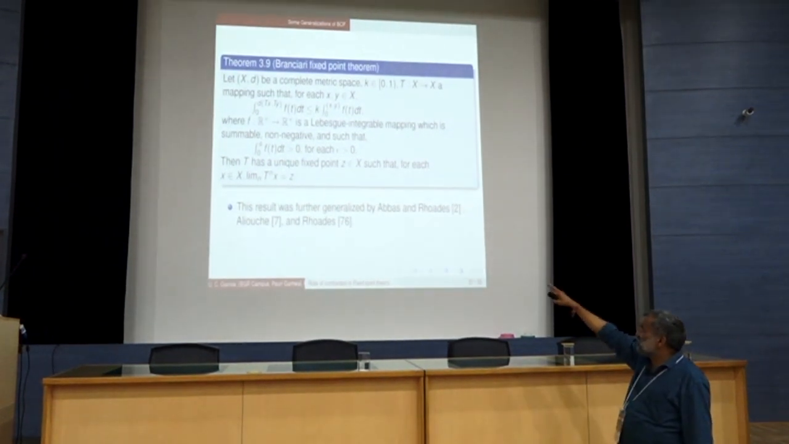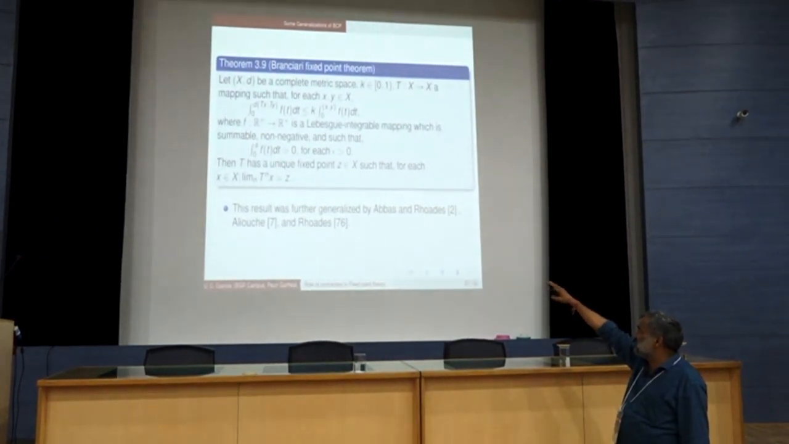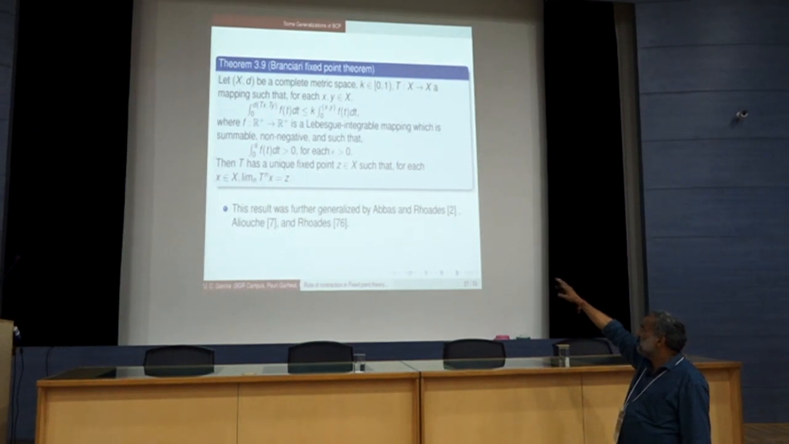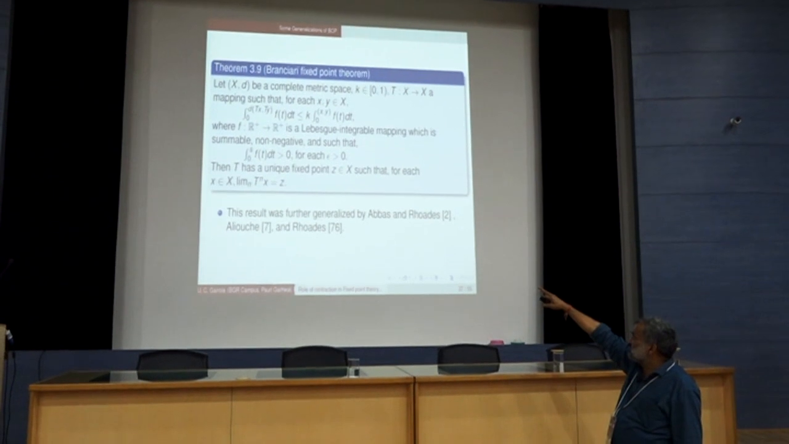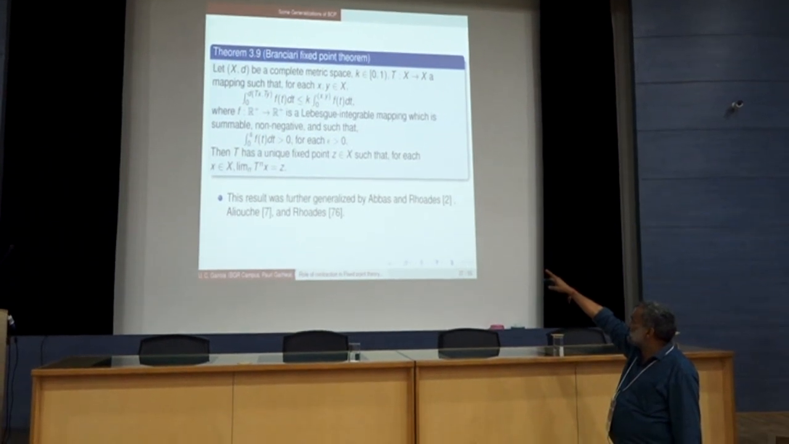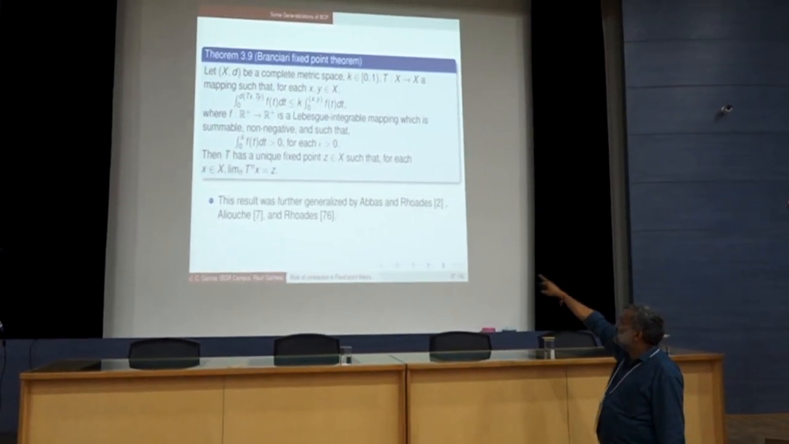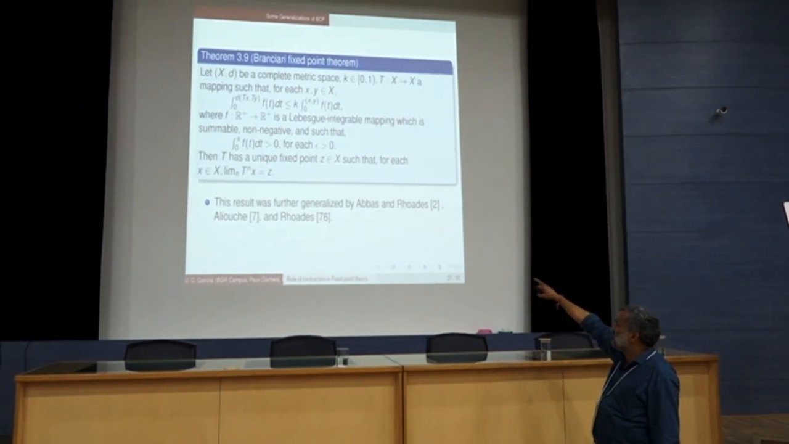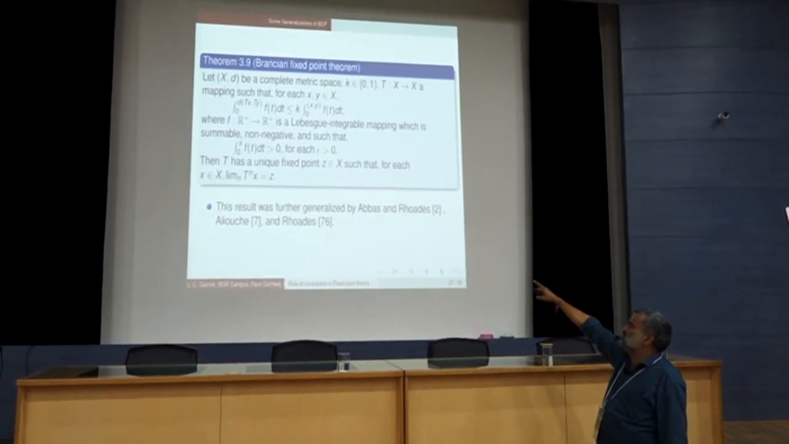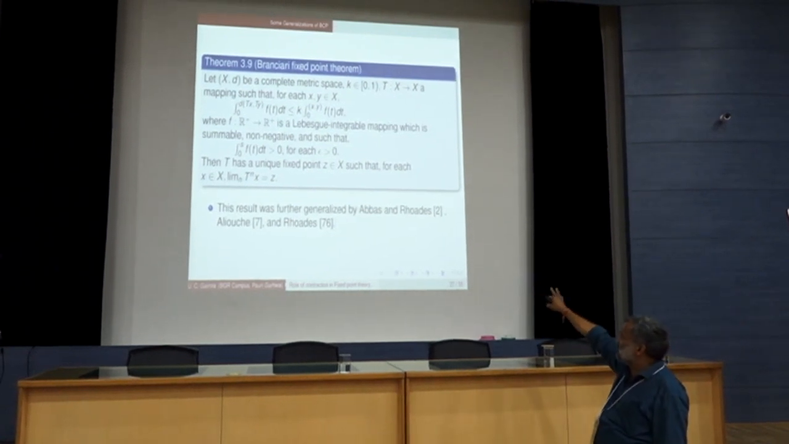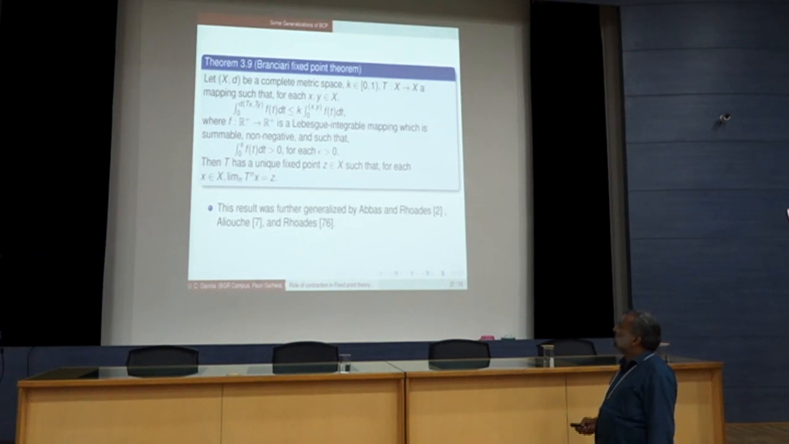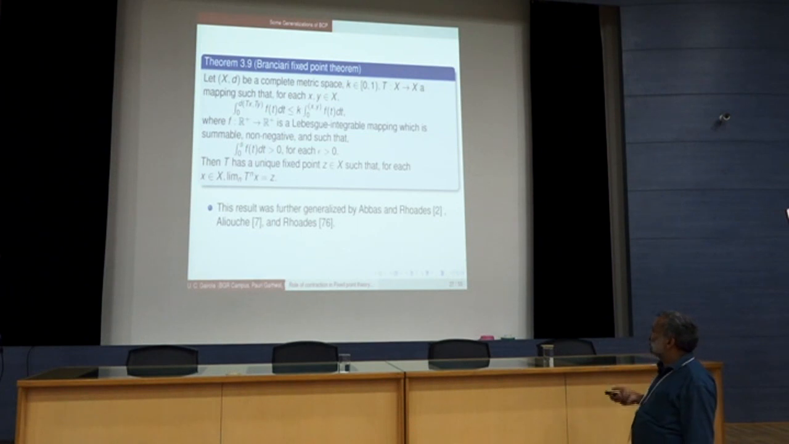such that the integral with limits from 0 to d(Tx, Ty) of f(t) dt, where f is a function from R+ to R+, is a Lebesgue integrable mapping which is summable, non-negative, and such that the integral from 0 to s of f(t) dt is greater than 0 for each s. This is important for this condition. So this is also a generalization of the Banach contraction principle, and this is called the integral type inequality. This result was further generalized by Abbas and Rhoades,